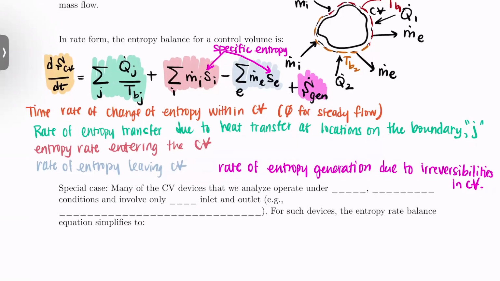So many control volume devices that we're going to look at operate under steady, adiabatic conditions and only involve one inlet and outlet. All right, so these are things like pumps, turbines, compressors, valves, and so on and so forth. So for these devices, when we have these simplifications, our energy rate balance is going to simplify